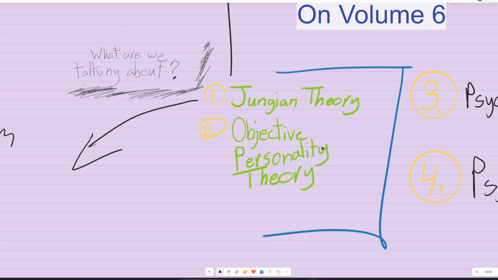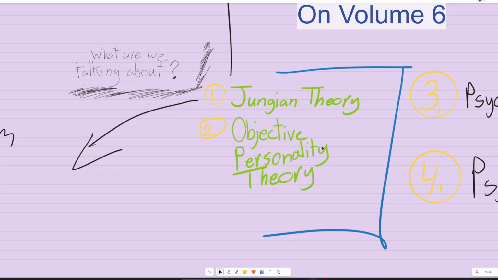What are we talking about? We're talking about orthodox, or I keep on using the term orthodox because I want to make a distinction to say that objective personality theory can still be Jungian theory, just in a modern context. But I think that would be neo-Jungian, question mark, if that's the claim. But I don't know if that just takes a consensus, or you'd have to actually bridge an understanding with people